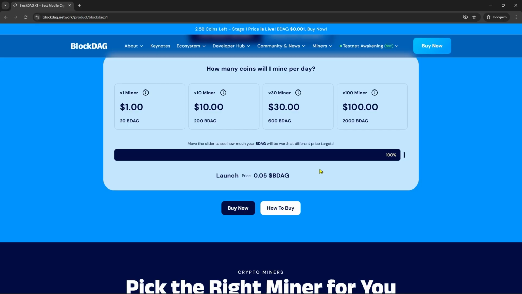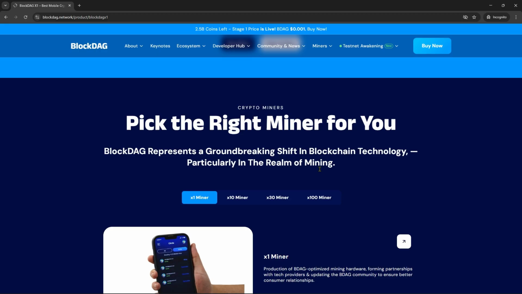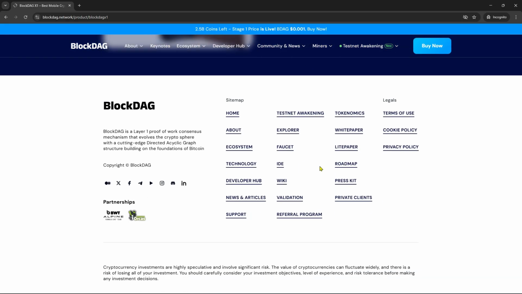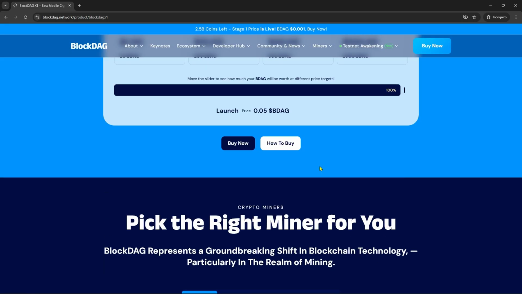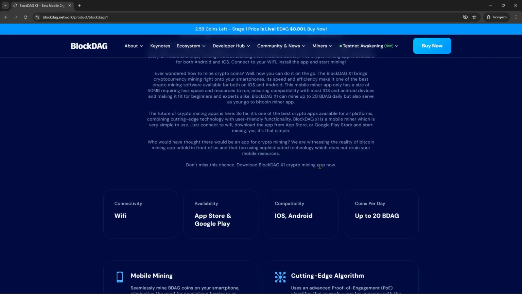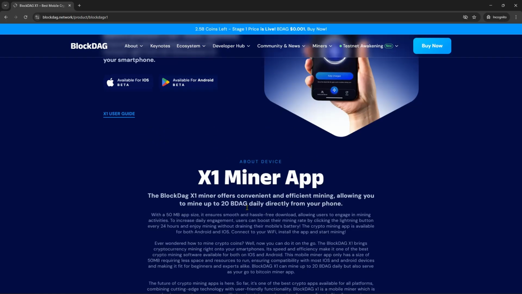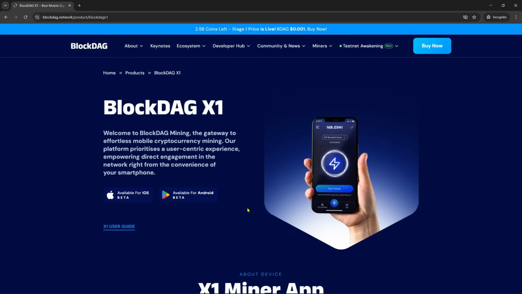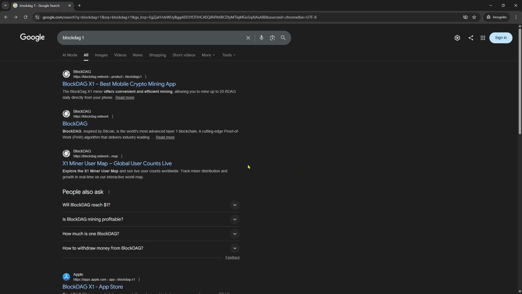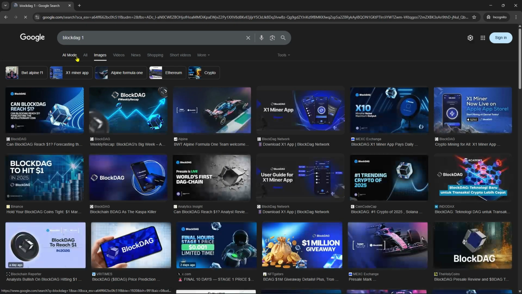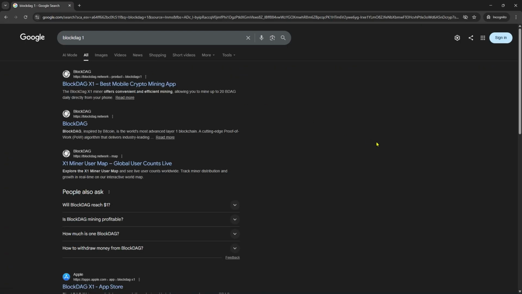cache and data through your device settings to remove any corrupted temporary files that might be interfering with its functions. If the problem persists, restart your device to refresh system resources and ensure no background apps are causing conflicts. For more stubborn issues, uninstall and reinstall BlockDAG X1, making sure to back up your account or wallet information beforehand. Finally, you want to check your internet connection because that might be one of the problems that has